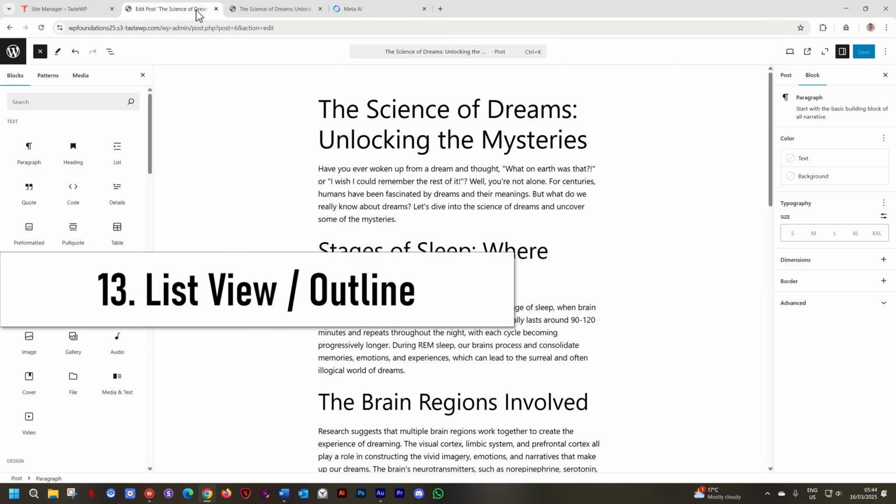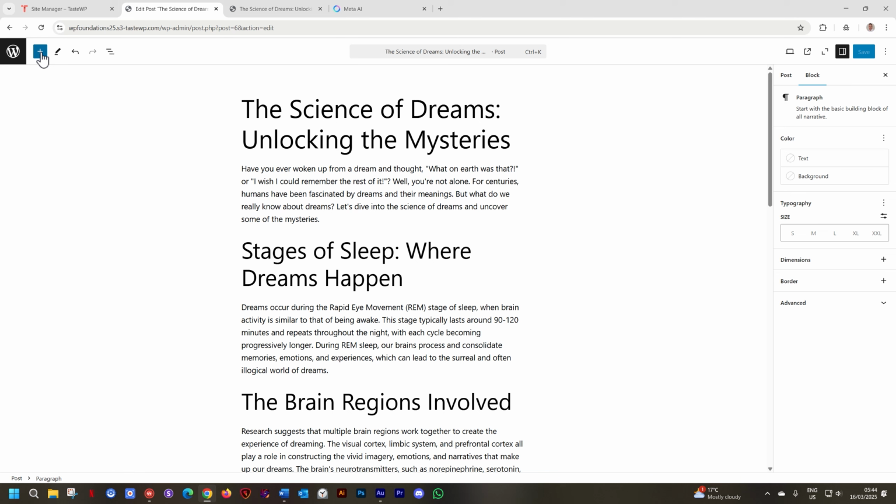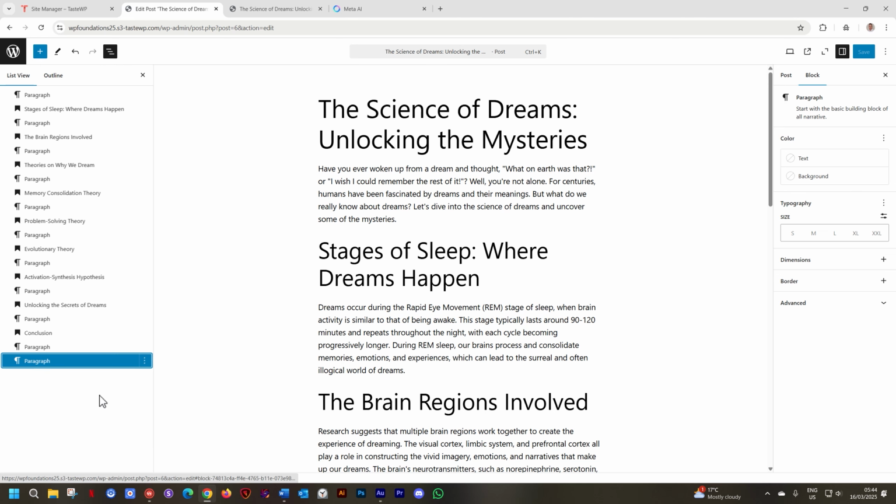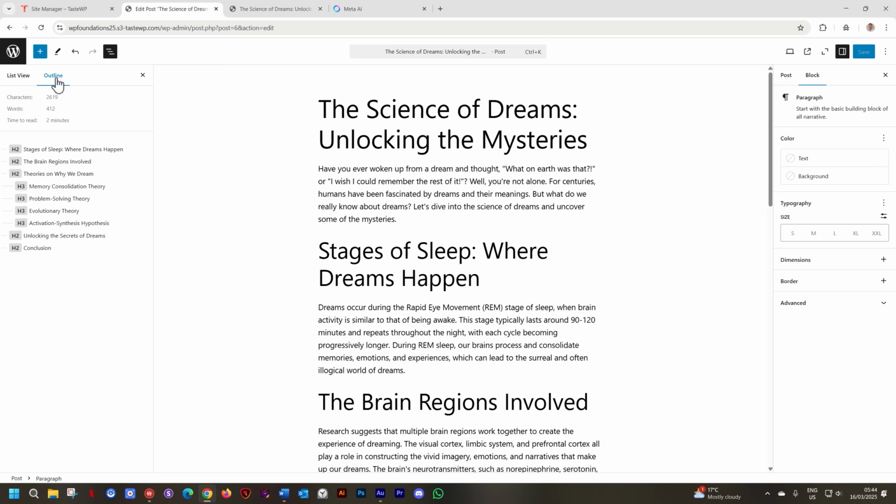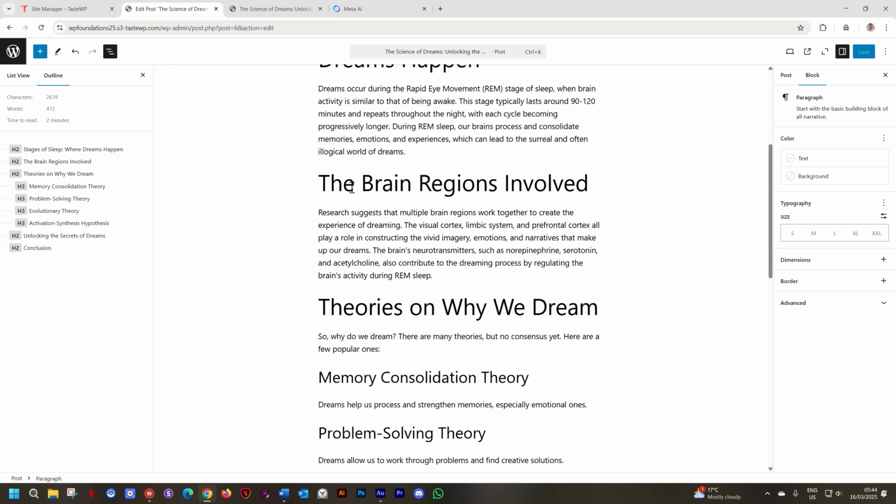Hop back into WordPress and close at the top the block inserter by clicking on this X, and you see the panel disappears. Go to the right and you will see we have this little lines appear and it says document overview, something I use all the time. You can also get used to doing that. Select it and it opens up another panel and we have options here for list view and outline. If you select outline, you will see it gives you all the characters and the words you used and the time that it will take someone to read this article, just 2 minutes.